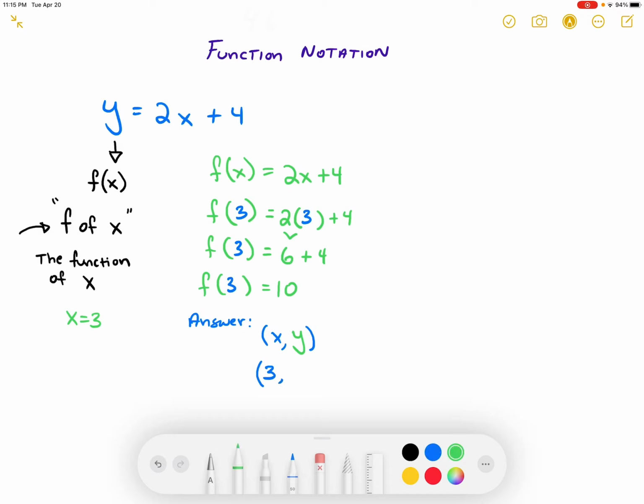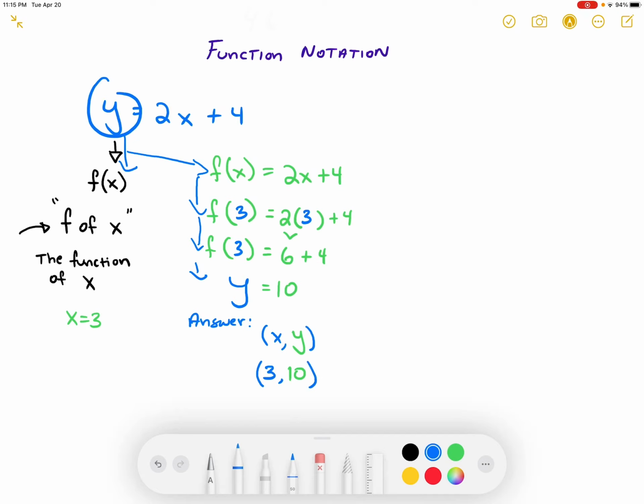And the y is really the answer, because remember, f of 3 can be rewritten as the original y that was in the front. Remember, y is the same thing as f of x. We can replace y with f of x, and following it to its conclusion, y is the same thing as 10. So the answer would be 3,